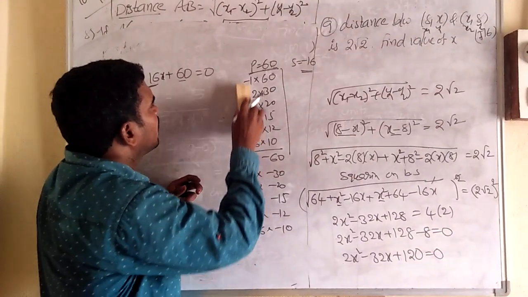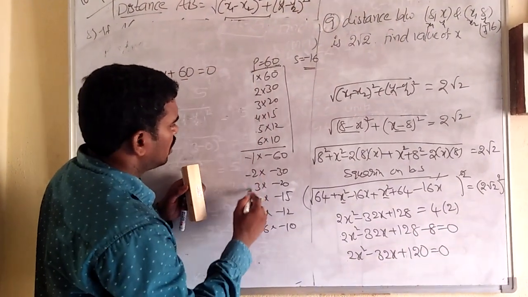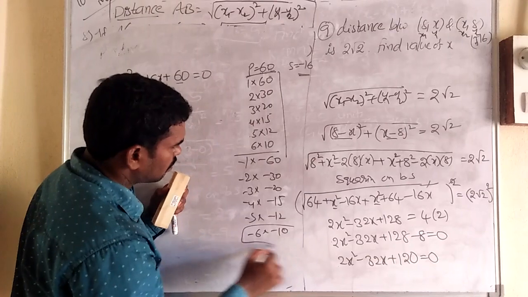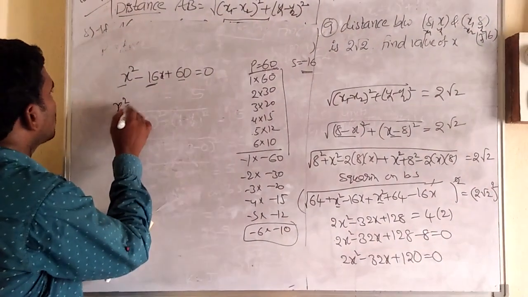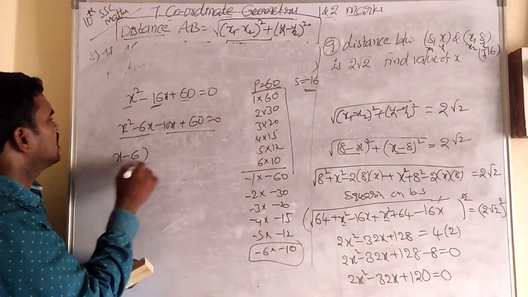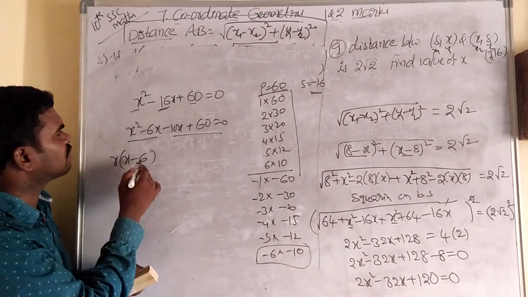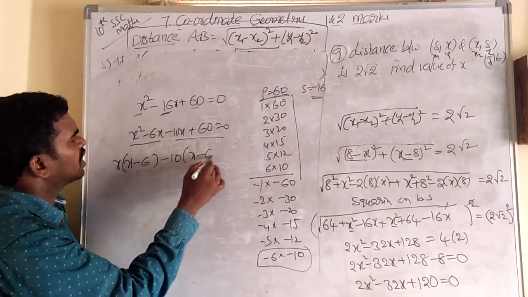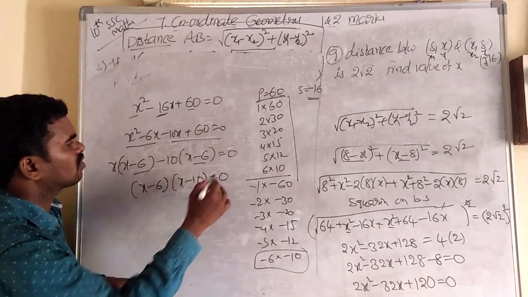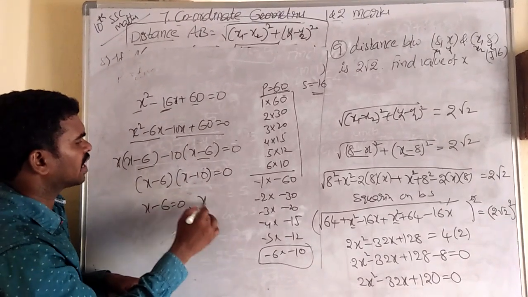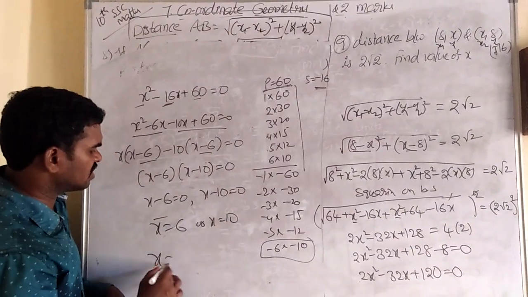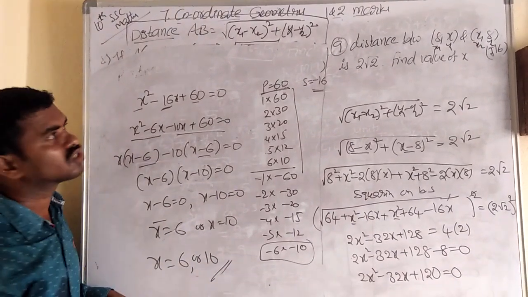So all of them we can get either positives or negatives. Adding these two we get the negative. Here take minus 6 and minus 10. So x square minus 6x minus 10x plus 60 equal to 0. From the first two, take x out common, remaining x minus 6. From the next two, take minus 10 common, remaining x minus 6. So in both, x minus 6 is common. If you take x minus 6, remaining is x minus 10 equal to 0. So x minus 6 is equal to 0 or x minus 10 equal to 0. Then x is equal to 6 or x is equal to 10. So what is the value? 6 or 10 is the solution.